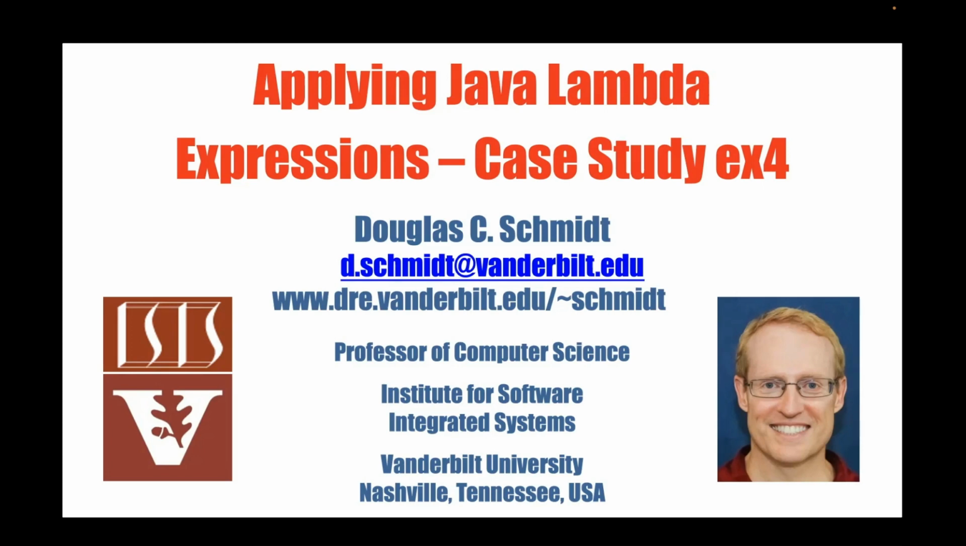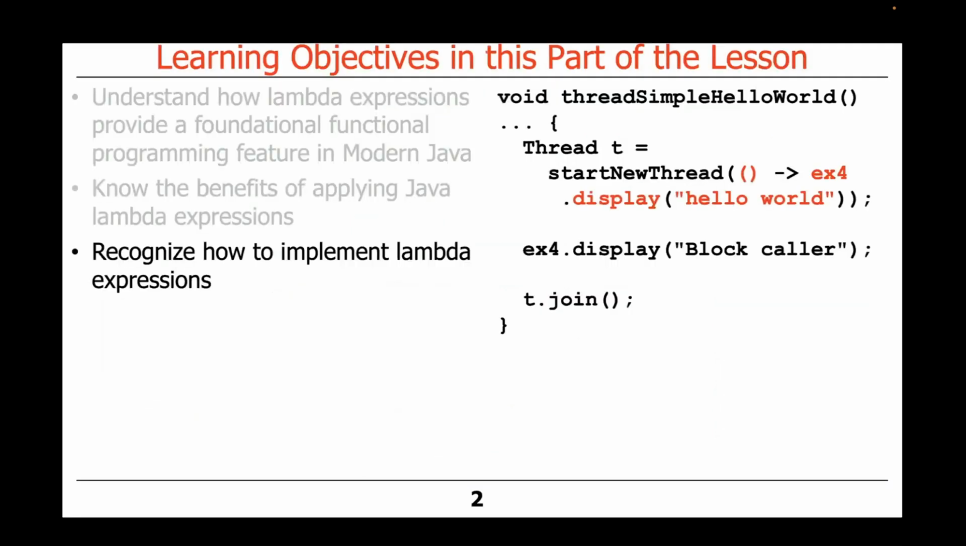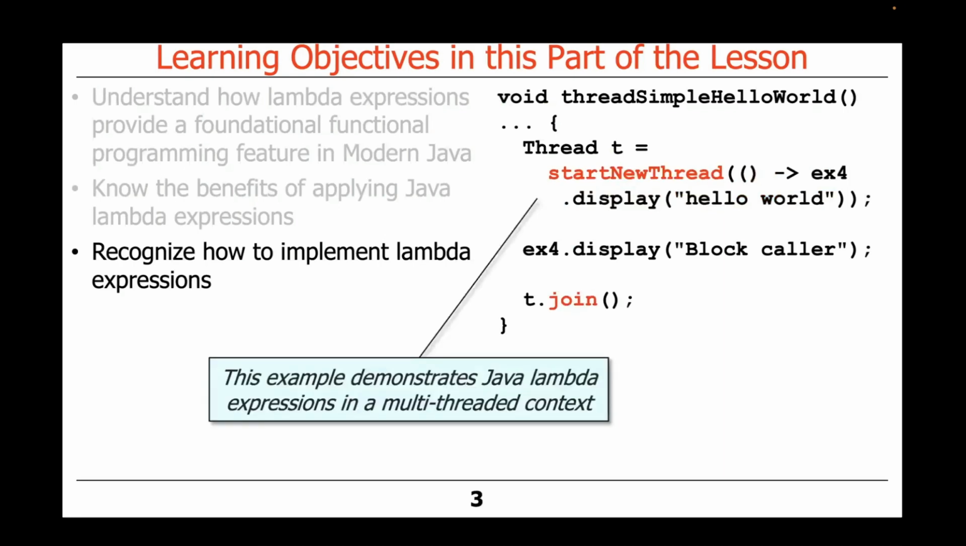So now let's go ahead and take a look at a case study that will put all the pieces together we've talked about so far. And this is case study ex4. And this will demonstrate how to implement Lambda expressions, and we'll do it in the context of a multi-threaded example that will show how to create a Java thread that will run a Lambda expression and then do some stuff